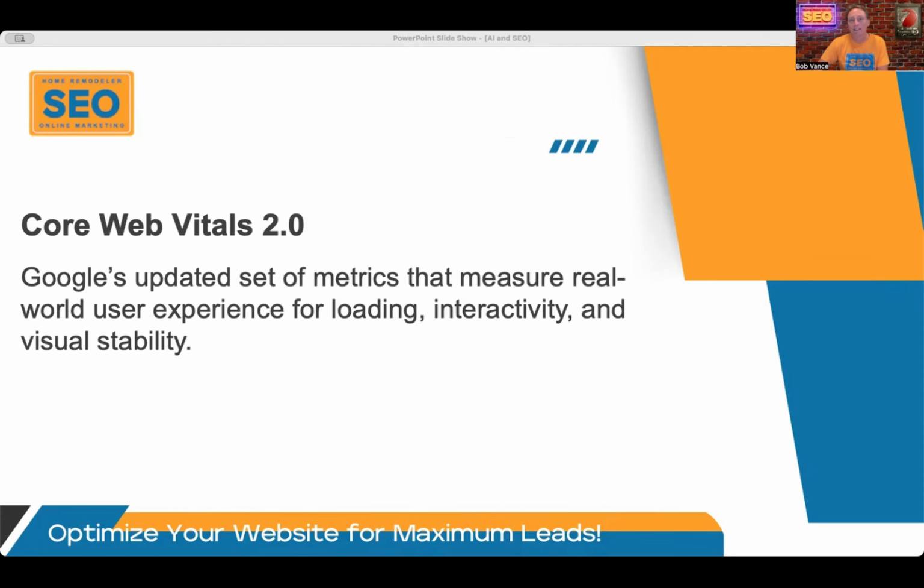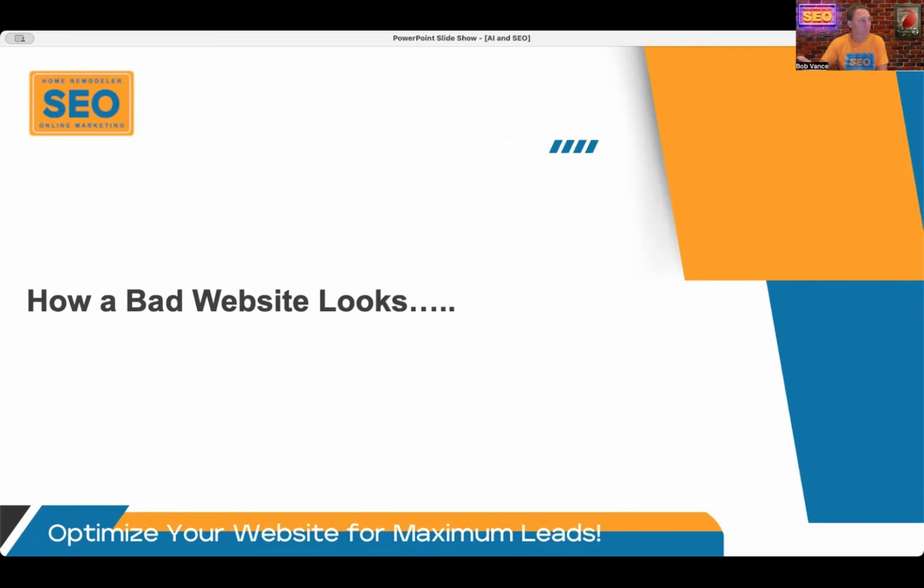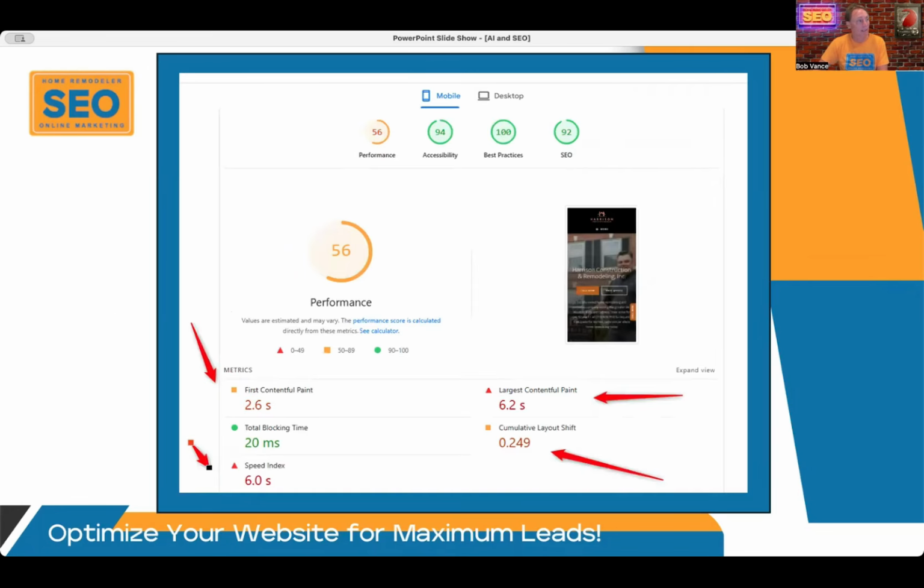I know it gets a little geeky, a little technical, but let's just dive into some examples here that might show us a little bit about these core website metrics. Let's look at a website that's performing poorly in terms of Google's algorithm first. And so here's what a poor performing website might look like in Google's testing platform. You can go to Google PageSpeed Insights or Google's mobile friendly tool, either one of those. And those are going to give you all these insights that we're looking at here.